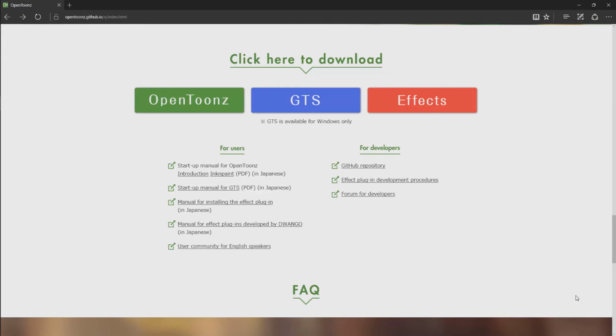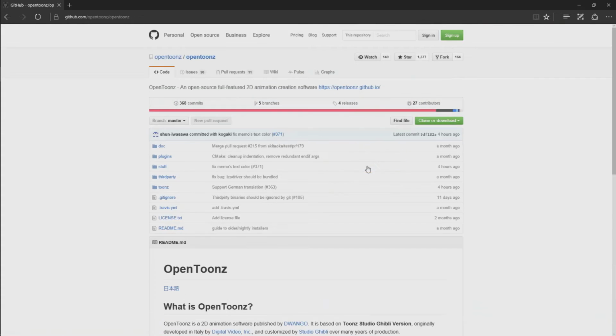If we navigate back to the download page, we'll see that we have the developer section over here, and you can download other versions of OpenToonz from this developer section if we go to the GitHub repository. Under the GitHub repository, under code, you'll see that we have releases. You can also post here about issues with OpenToonz, but until you know OpenToonz reasonably well, it's best to post queries on the Google Groups forums. So over here, under OpenToonz, we'll see under the Codes tab, there are 4 releases. If we click on that,